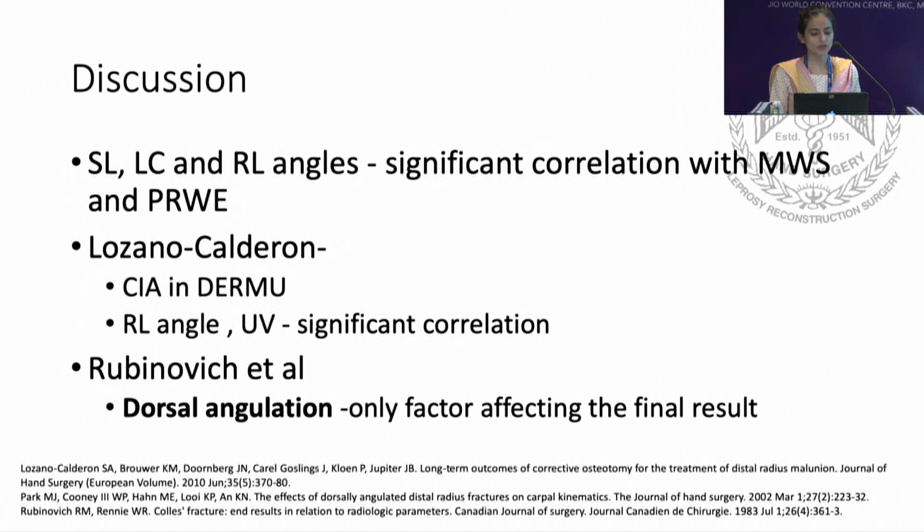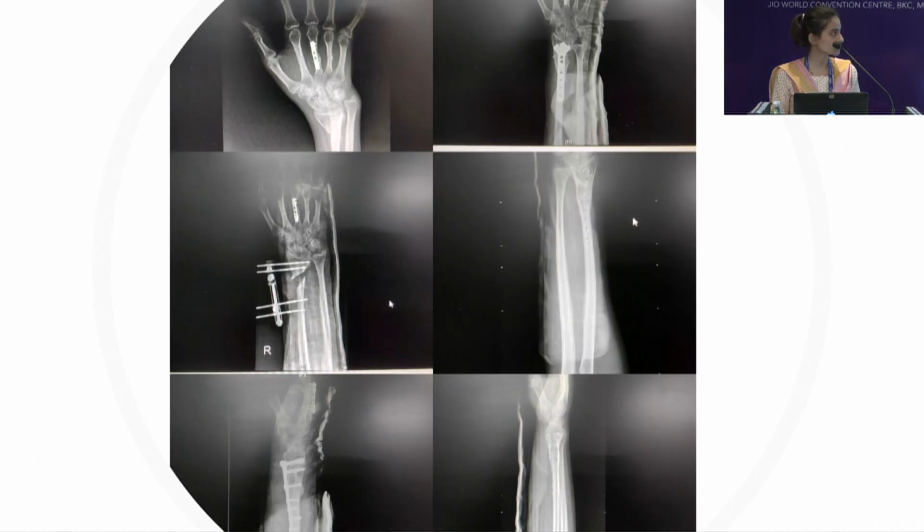The scapholunate, lunocapitate, and radiolunate angles have a significant correlation with the Mayo wrist score and the patient-rated wrist evaluation. It was also stated that carpal instability adaptive changes have been noted and correlate with the radial inclination, ulnar variance, and dorsal angulation, which was described by Rubinovich. So this is our patient one who came to us with a significant extra-articular distal end radius